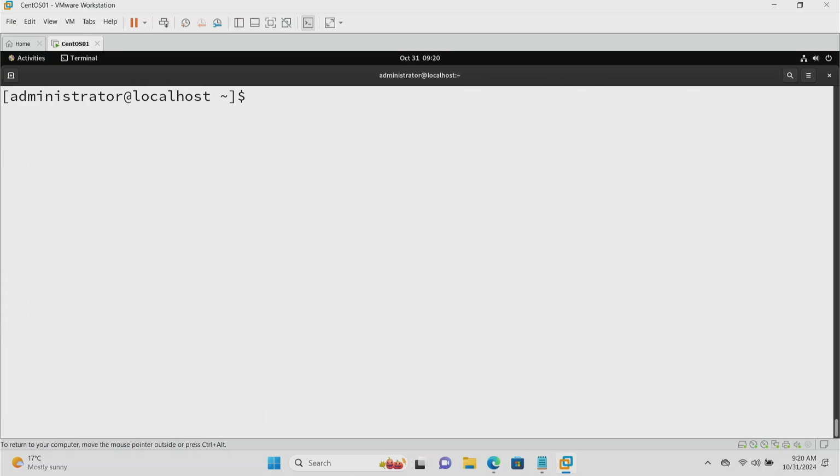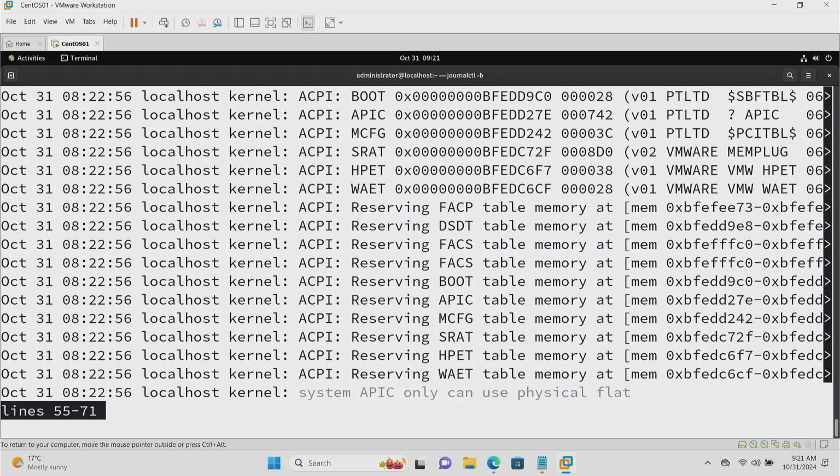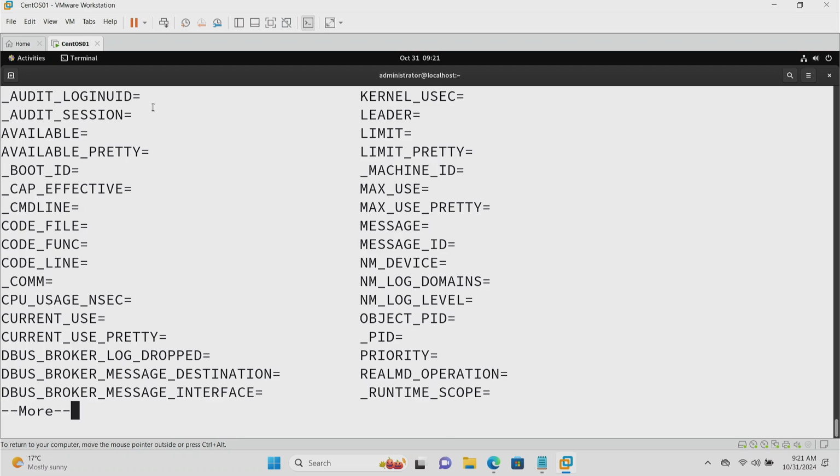You can look up very specific messages using journalctl followed by specific options, so -b for boot options. These will only be the boot messages, and there's a lot of other options. So actually, if I can show you journalctl, and you can see there's 110 possibilities to query and filter from the system journal. Of course, you don't need to understand all of them, but you can take a look at